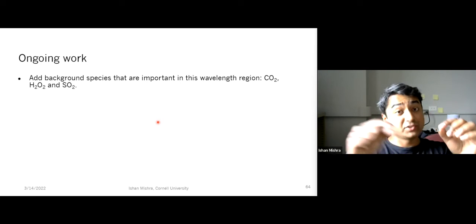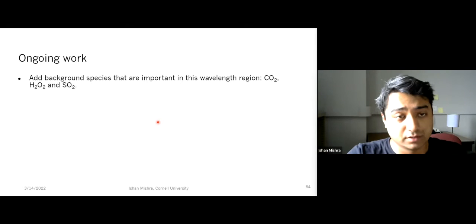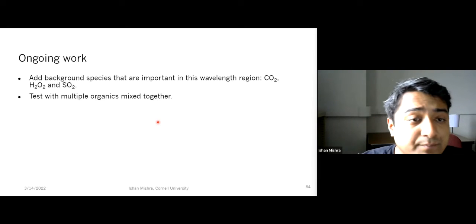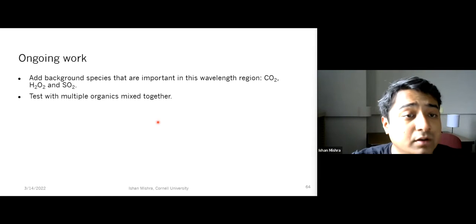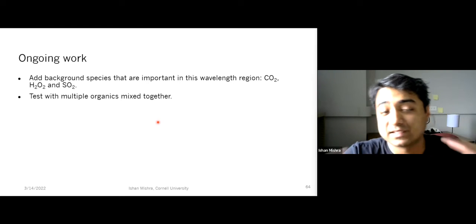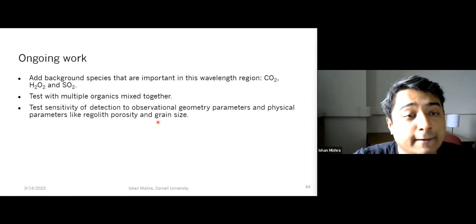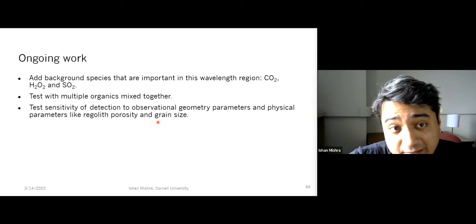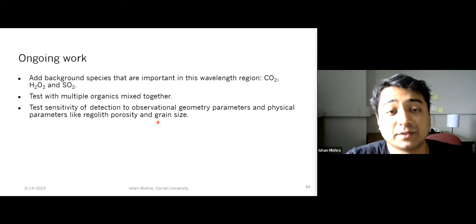So their features can overlap with some organics. So I want to see how that affects our ability to infer detection. Tests with multiple organics mixed together, because organics themselves have overlapping features. Test sensitivity of detection to observational geometric parameters and parameters like regolith porosity and grain size, because they do affect